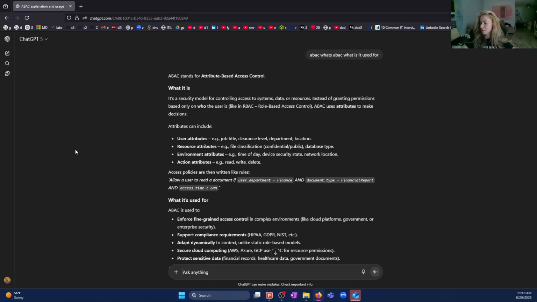Allow a user to read a document if the user's department is finance and the document type is financial report and the access time is less than 6.